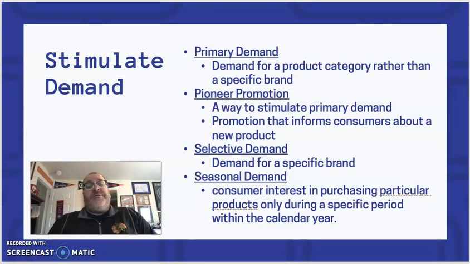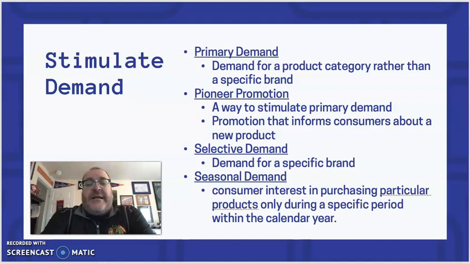Second, you want to stimulate demand, meaning you want people to want your product. There are different demands here. Primary demand is demand for a category rather than a brand. What's one of the biggest things people are wanting in the quarantine? Toilet paper, okay? And you don't hear people talk about, I need Charmin or I need Angel Soft. No, they're just saying toilet paper. That's primary demand, okay? It's just the product itself, all right? And so what you can do is you can create that.